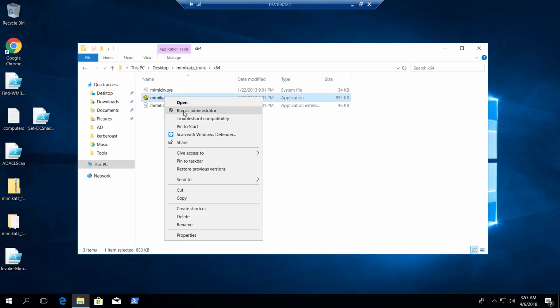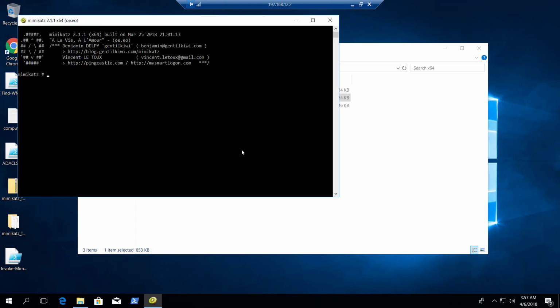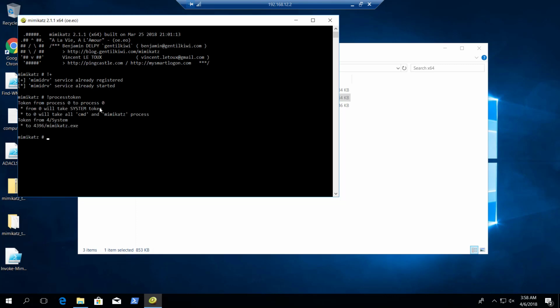So let's first start Mimikatz. We need to load the Mimikatz driver. It is already registered and it has started. So let's run process token. Please keep this step in mind. When I was trying DCShadow for the first time a couple of weeks back, this was something which took a lot of time. Always use process token. Token elevate will not work in this case because we need the process to be elevated. So this Mimikatz now runs as system,